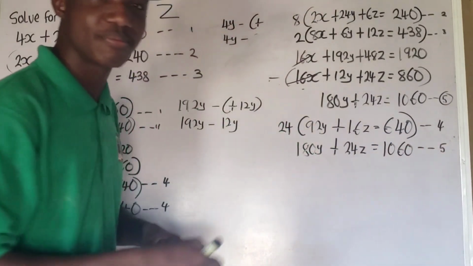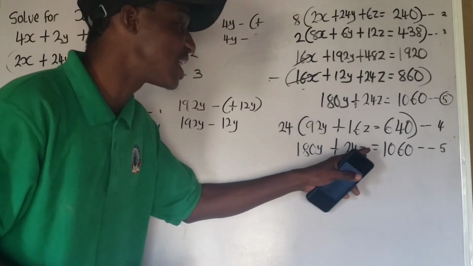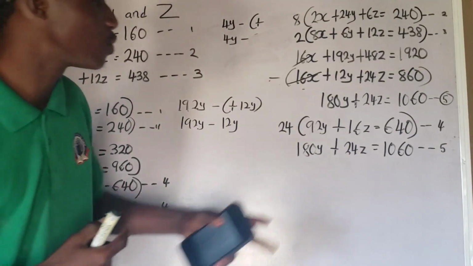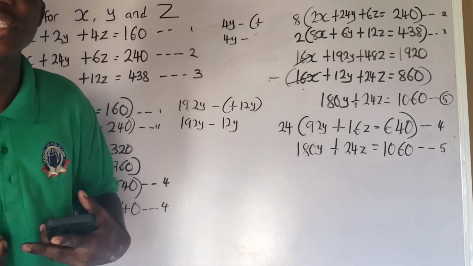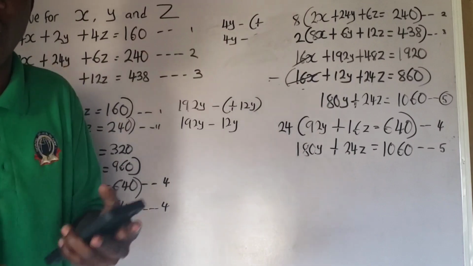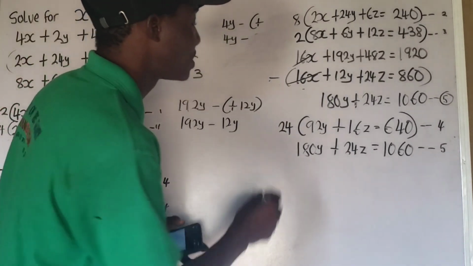You understand? Please pay attention. This is simple, okay? Now, the coefficient of z in equation 5 is what? 24. Now, to eliminate z, we have to take this coefficient and multiply it by the whole equation 4. And the aim is that we want to make the coefficient of z in both equations equal, so that we can subtract. You understand? Okay? So, 24